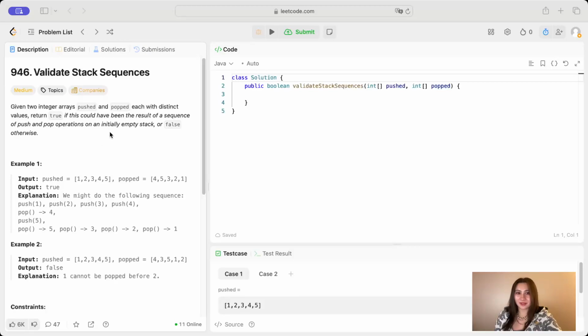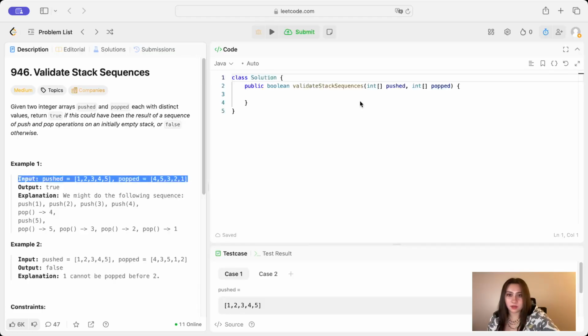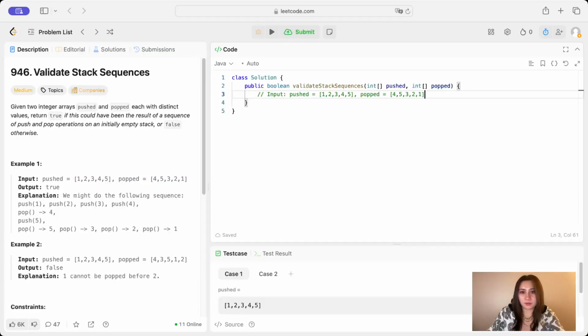Hi guys, let's do validate stack sequences. So we're given two integer arrays pushed and popped, each with distinct values, and they want us to return true if this could have been the result of a sequence of push and pop operations on an initially empty stack, or false otherwise. So we're given these two examples, where in example 1 we return true because if we have